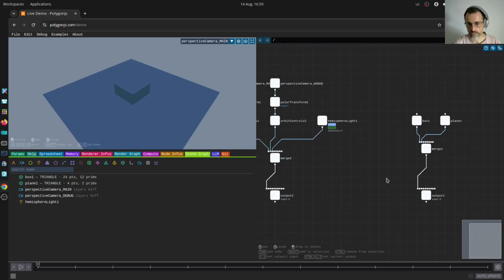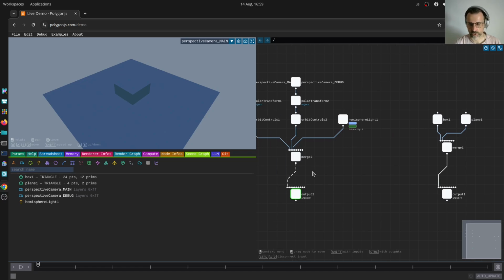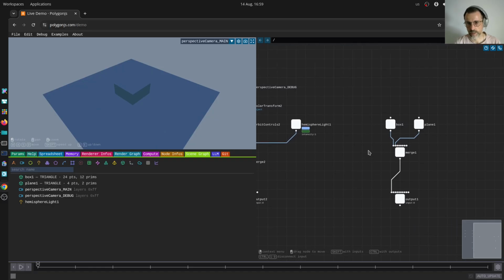The reason as well I've changed it: in the previous Polygon, you had this concept of a display flag, which was closer to what Houdini does, where you display a specific node in a network, and that node is what populates your scene. Here I went with something that is closer to a software called Nuke, which is a compositing software, where you have multiple